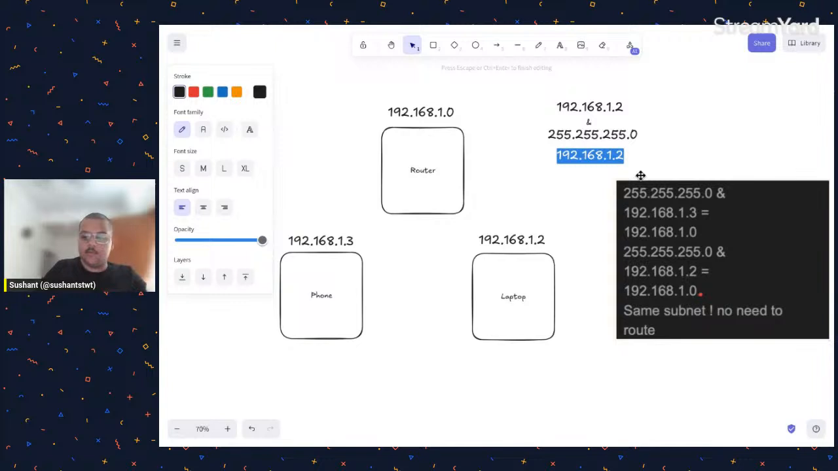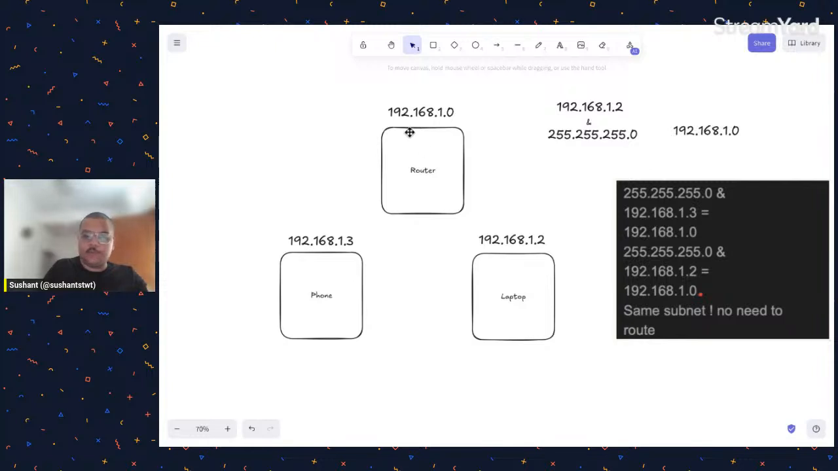It will basically give you this. Now this looks very similar to this because the first